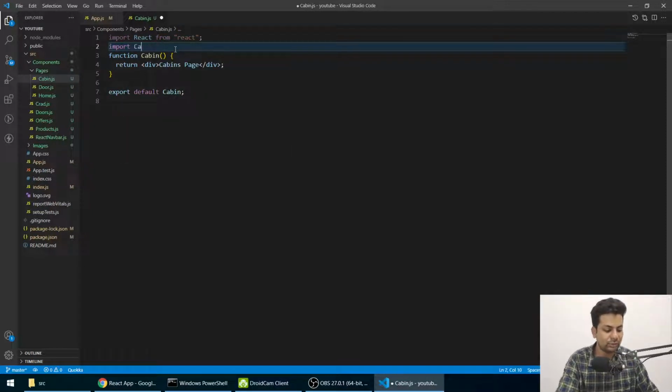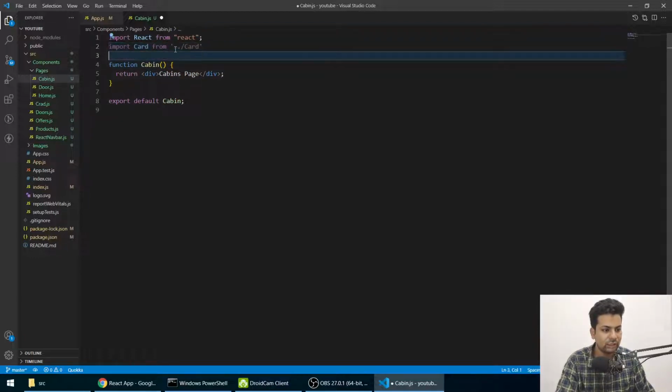So we'll say import card from dot slash card. Then we'll need import row, column from React Bootstrap.